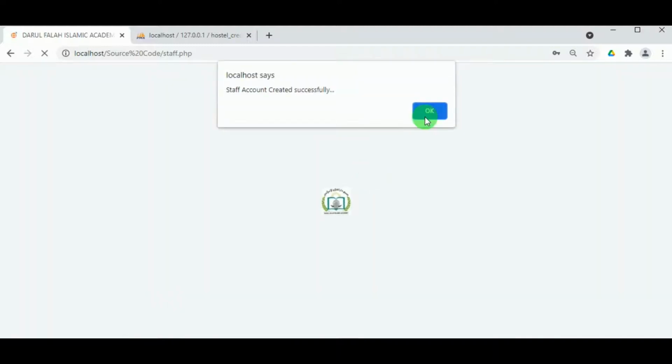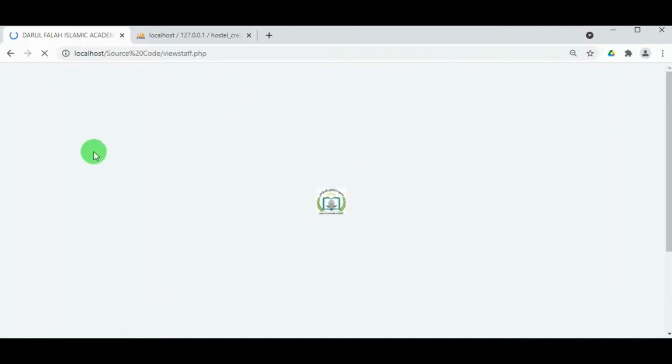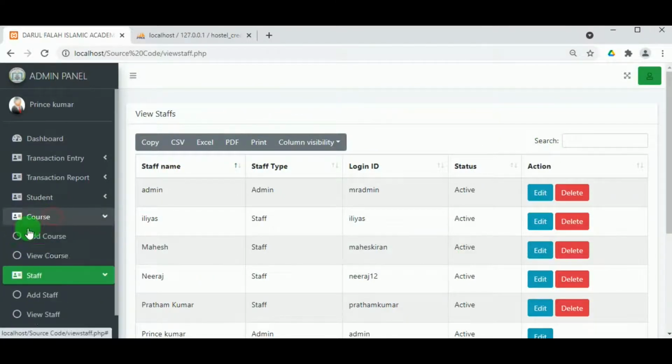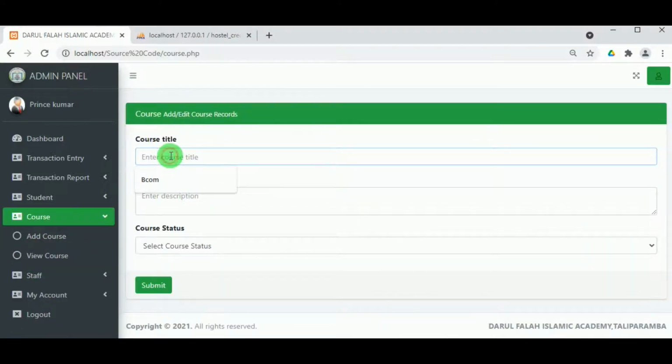The login ID and password are manually given by the admin to all the other staff, because the staff doesn't have any registration panel. The various staff who work in the hostel can be viewed by the admin, and they can also edit and delete, and this option is not available for the other staff.